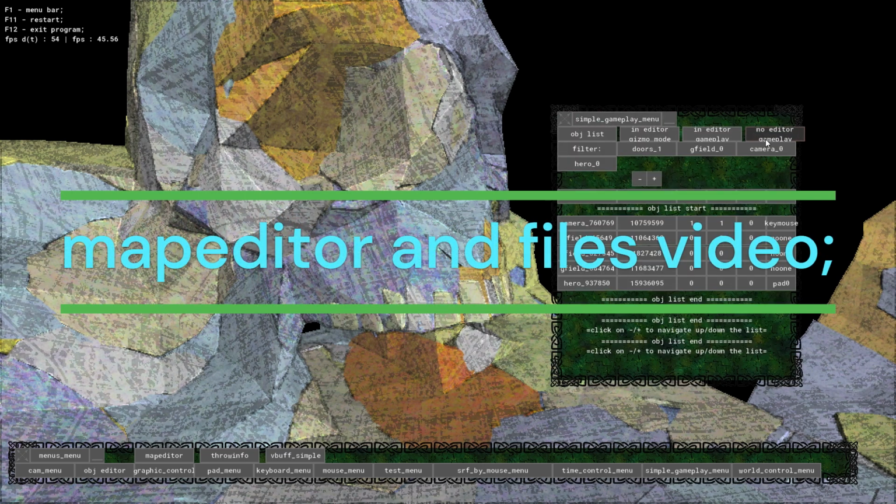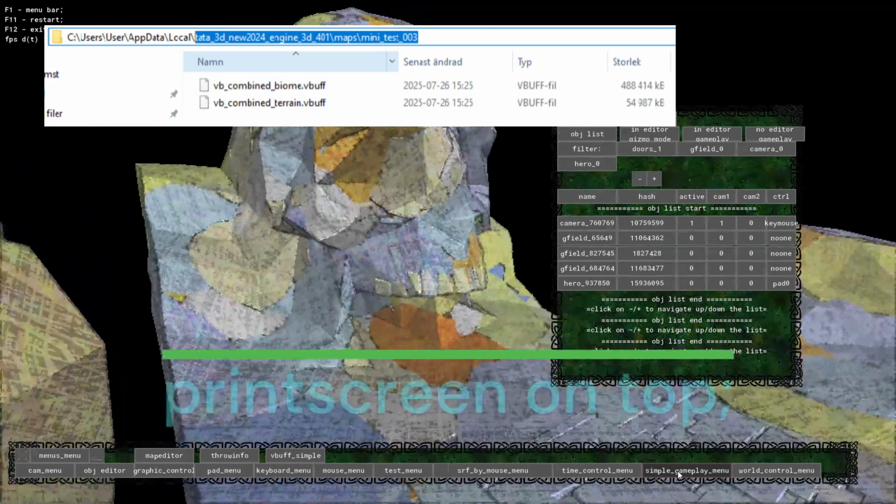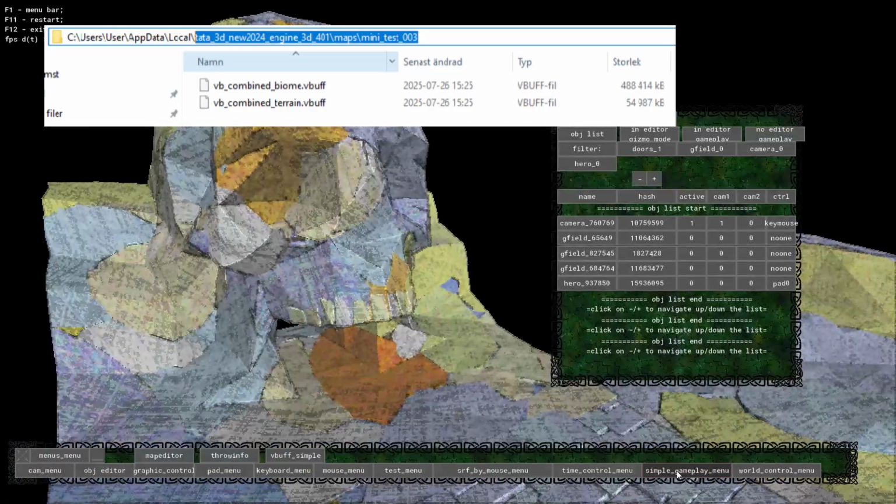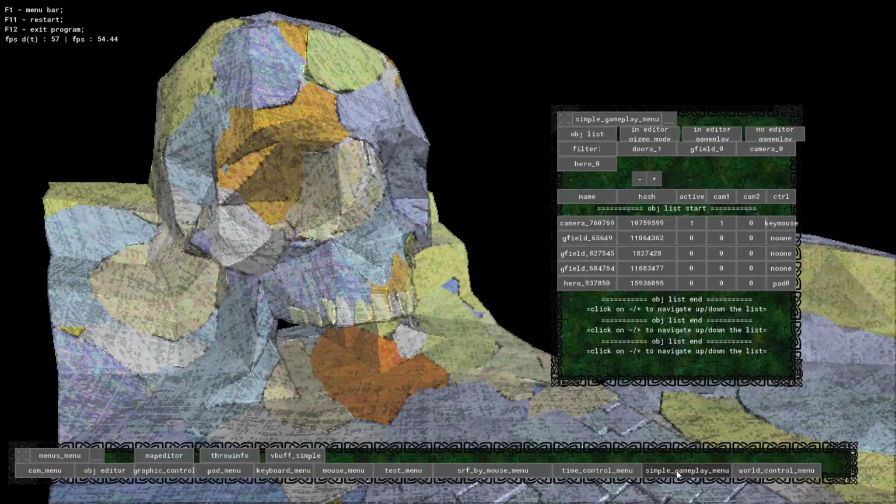Okay, so now about the editor, if you want to make your own map. Let's assume you have started the game like in the previous video and you go to the editor, and you have generated the vertex buffers and so on. If you want to make a new map or edit this one, you're going to need to delete those files. So you go to the location, and I assume you know what you're doing, and